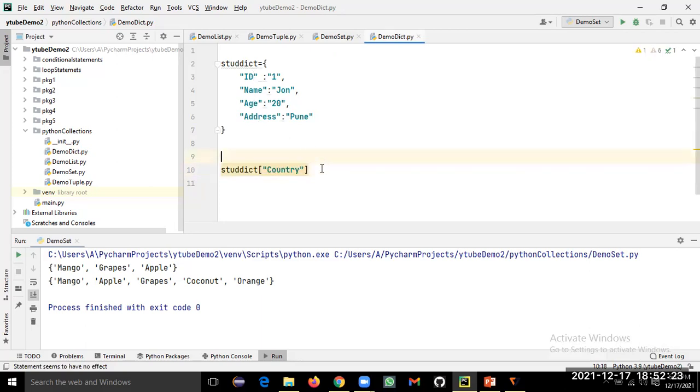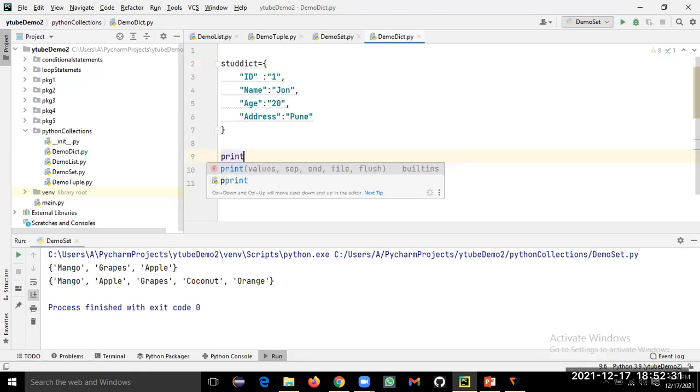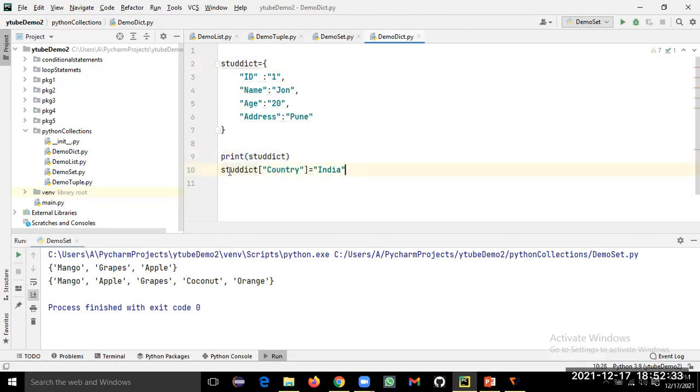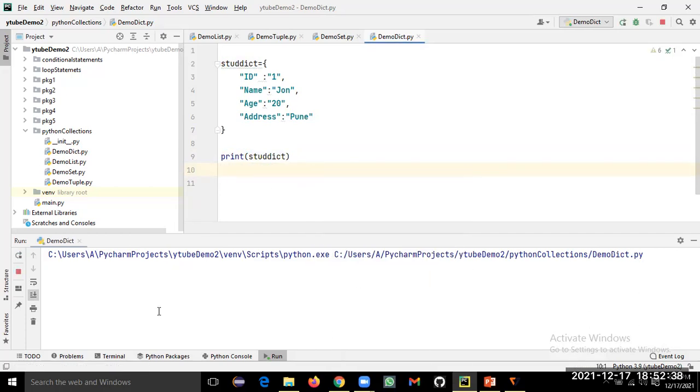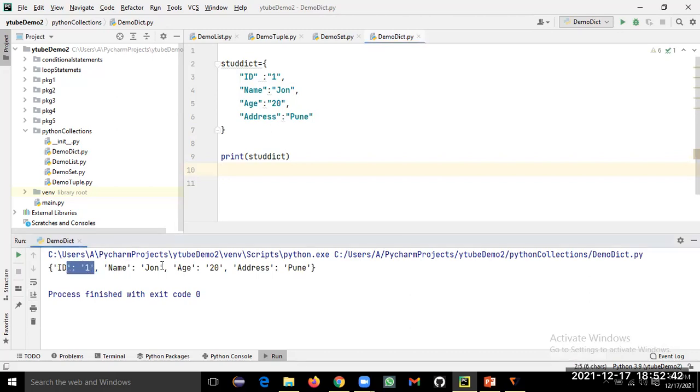I'll add the country as a key equal to India. Prior to adding this, we'll print and see what the output was. So we can see here ID equal to 1, name equal to John, age equal to 20, and address equal to Pune.